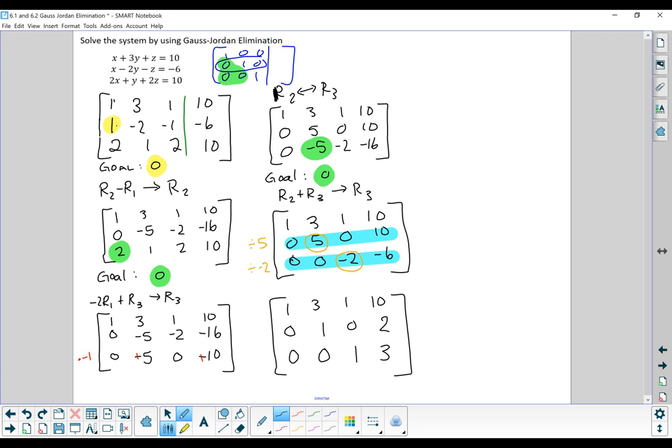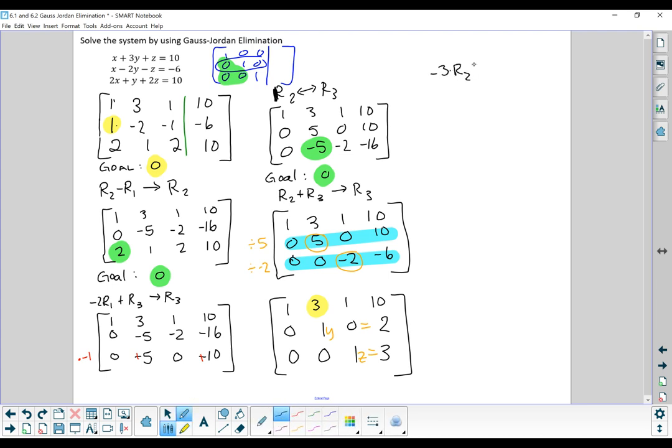Okay, so we're almost to our answer. You can see right now that y is 2 and that z is 3. We just need to figure out x. So the row operations I'm going to do now are, my goal right now is to get a 0 here. So I'm going to do